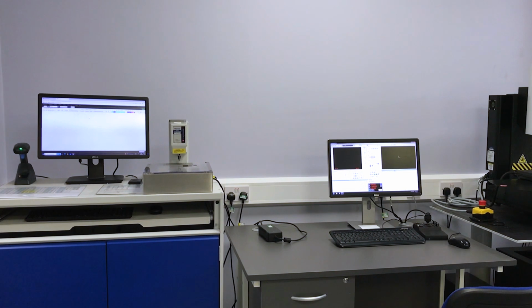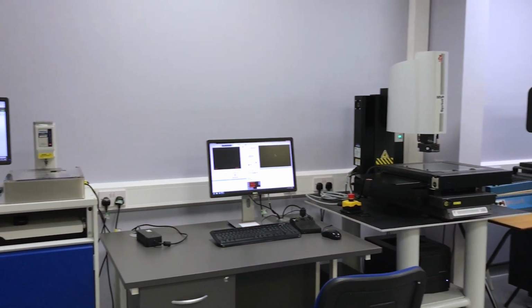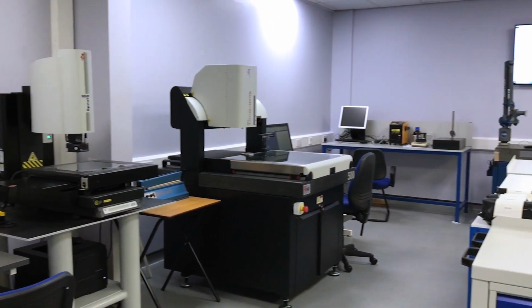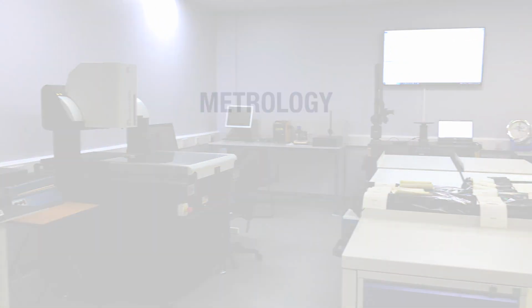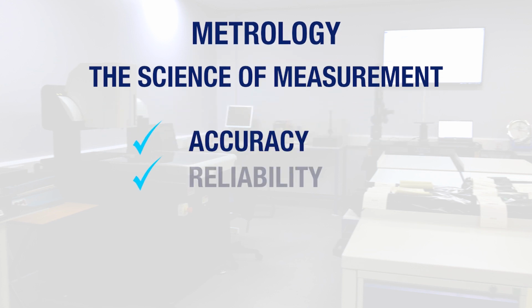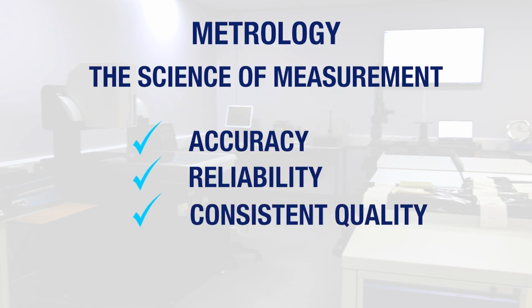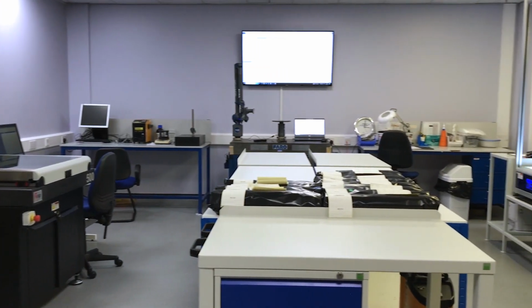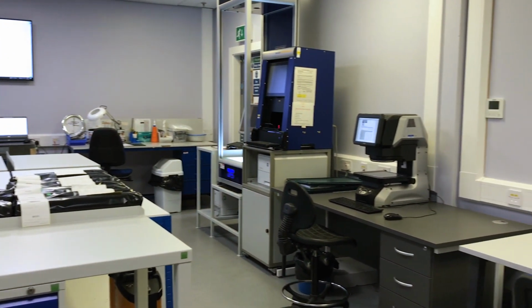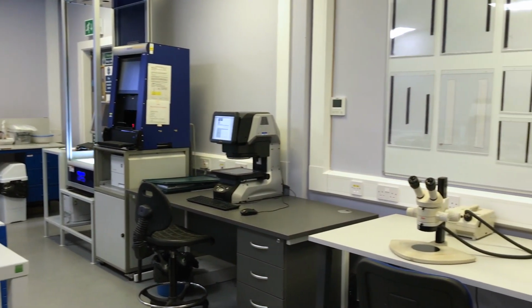To achieve the highest quality products, PPE operates a metrology laboratory equipped with state-of-the-art instruments and technology. Metrology is the science of measurement and ensures accuracy, reliability, and consistent quality of manufactured components. The metrology team at PPE are able to perform precise measurements on complex geometries using equipment fully calibrated to ISO